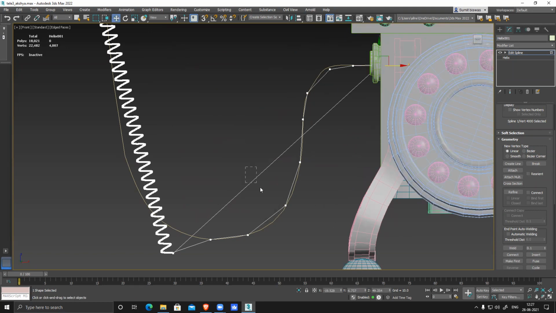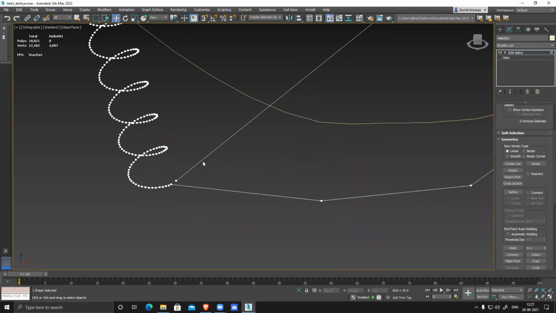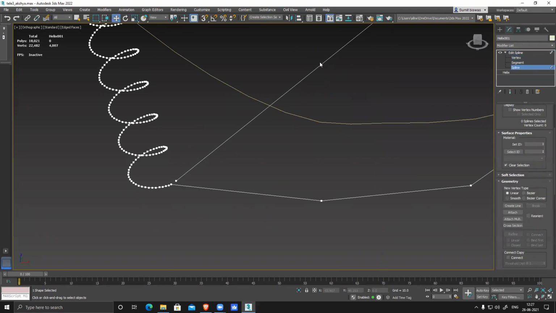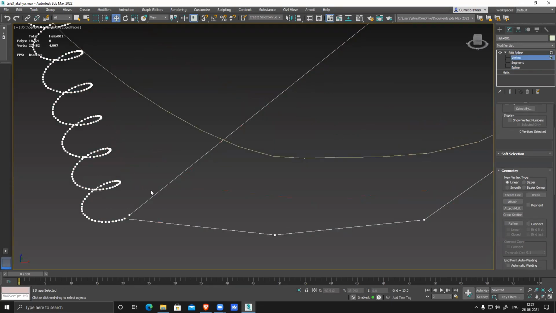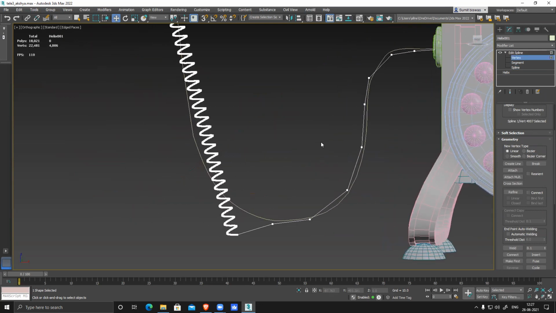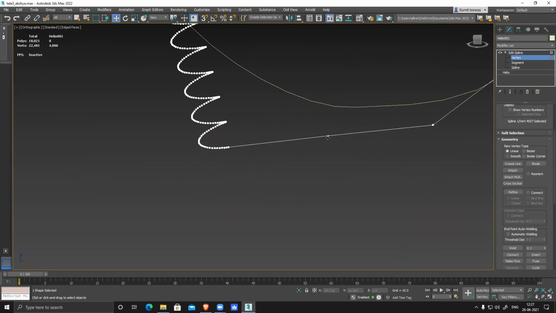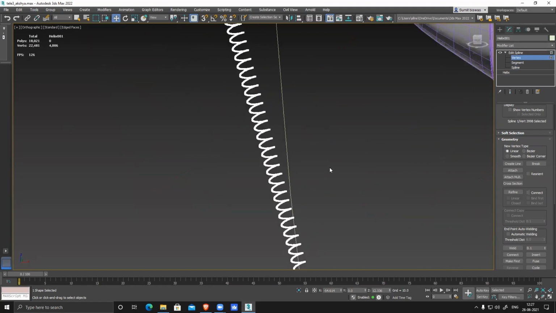And what is this? Delete. There are too many polygons. If I want to make it smooth, I can definitely make it smooth.